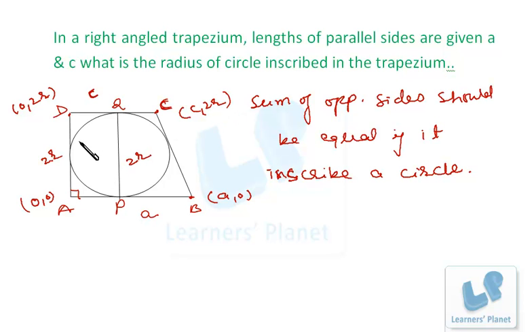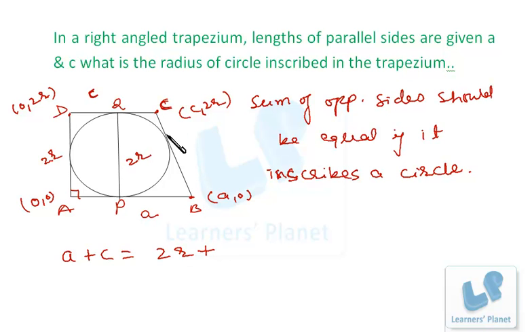Okay, now we got the coordinates of all the four vertices. Now we are going to apply this property that sum of opposite sides should be equal if it inscribes a circle. Now since the circle is inscribed, that means sum of this length plus this length is equal to this length plus this length, right? Now this length is C. This length is A. So A plus C should be equal to this length, that is 2r,